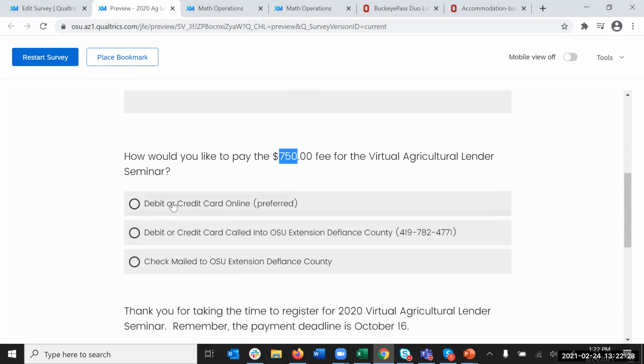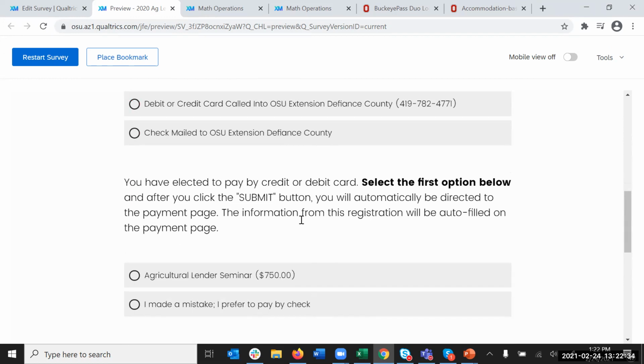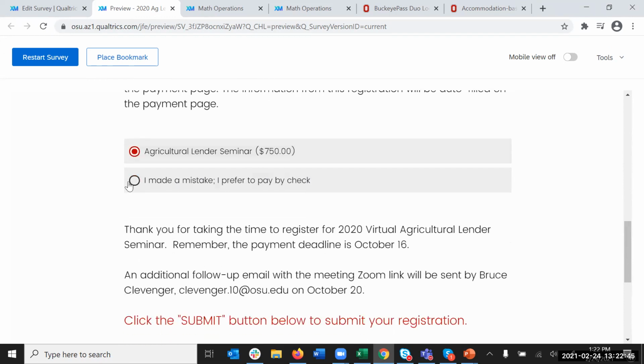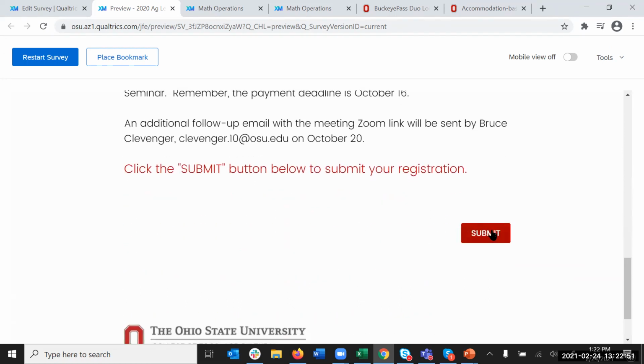So I'm going to go ahead and click through this one so you can see what the redirect looks like. I'm going to select debit or credit card, and then I'm going to say I'm going to pay for the Ag Lender Seminar, $750. If I wanted to change the way I pay, I could just select this one and then reselect a different option. When I click on the submit button,